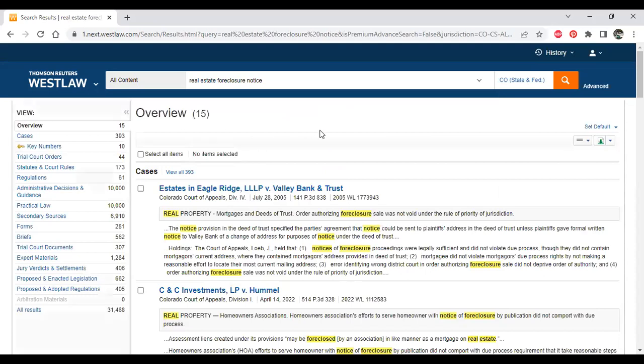And so this time the results look a little bit different. So we're taken to what's called an overview page. And it's highlighting 15 things on this page. But if you look over here, you're going to see all the different types of resources that are available where